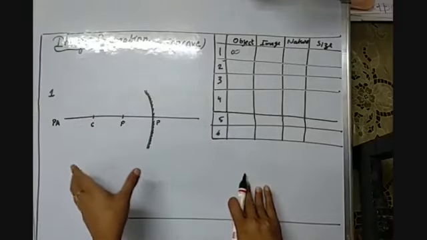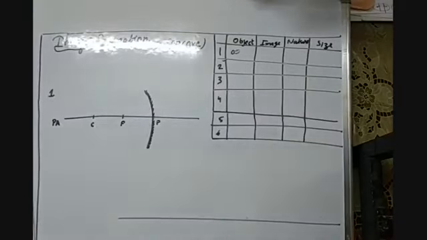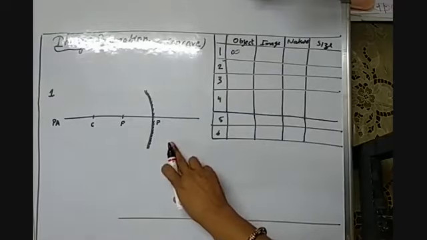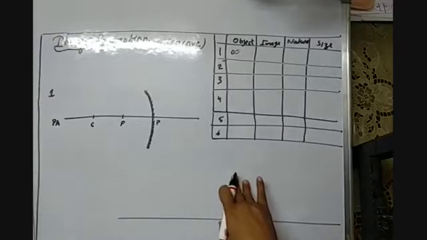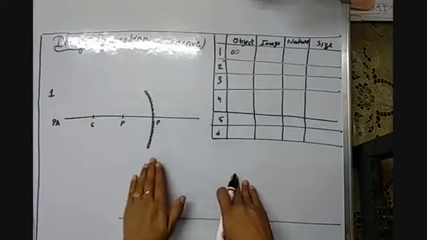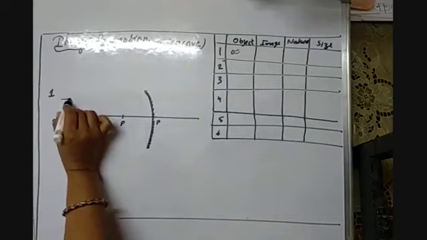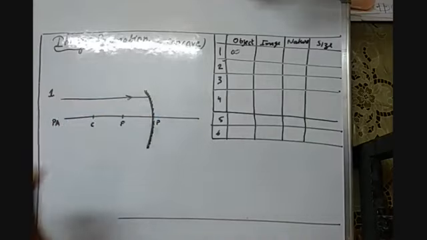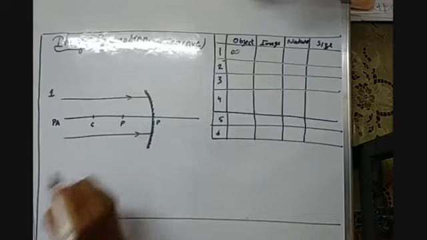So when the distance is very large as compared to the radius of curvature, then we call it infinite distance. So here, if we place an object at infinite distance from the spherical mirror, then almost parallel rays will be coming from that object placed at infinity to the spherical mirror. So the incident rays are coming parallel to the principal axis and they are falling on the spherical mirror. So that object might be a bigger one.